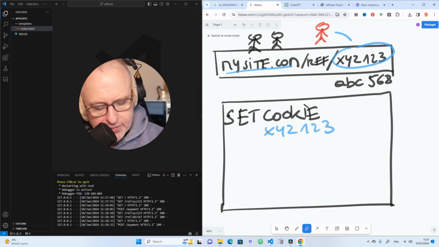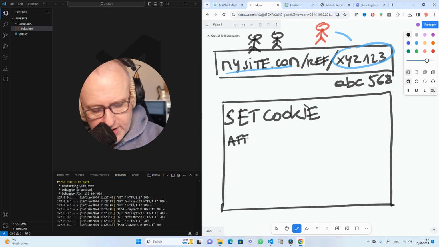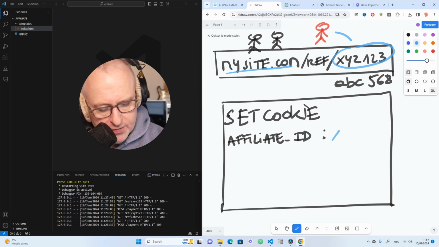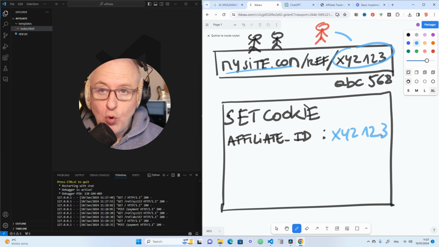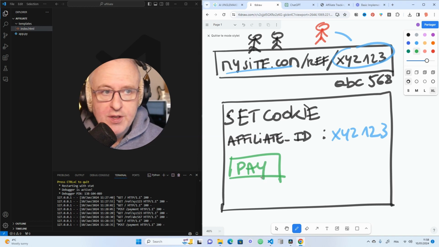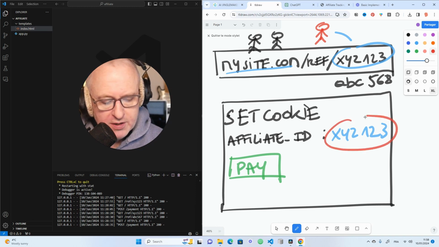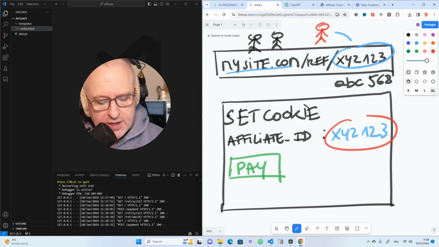So usually what we will have, let me just remove this, is a structure like this. Affiliate ID, underscore ID, for instance. And then colon, and then we have XYZ123. So we set this cookie, and then when one of those visitors clicks on a button like pay for payment, we will check if there is a cookie in their browser. We will check if we find a cookie like this one, XYZ123, and if there is a cookie,